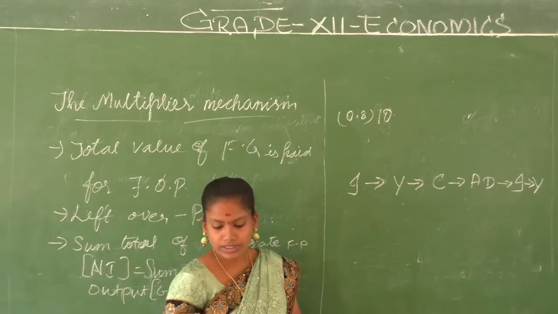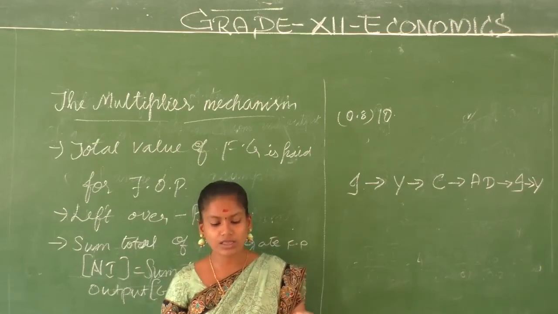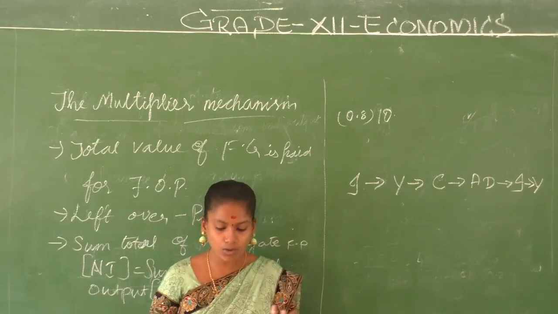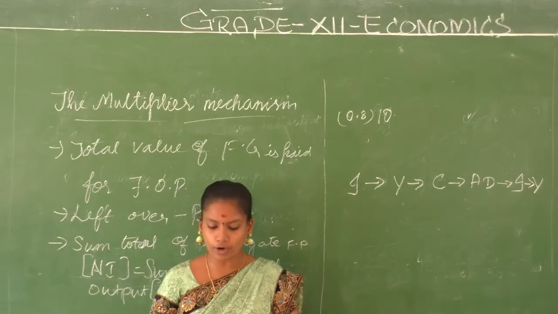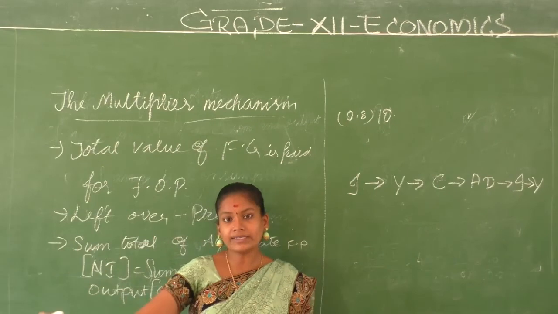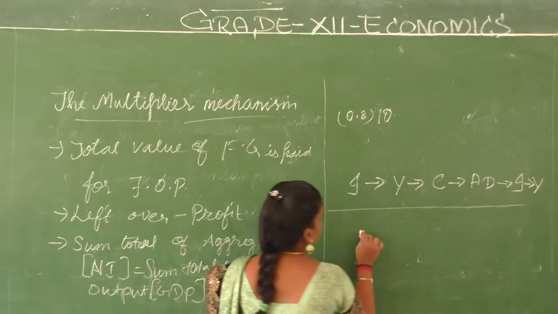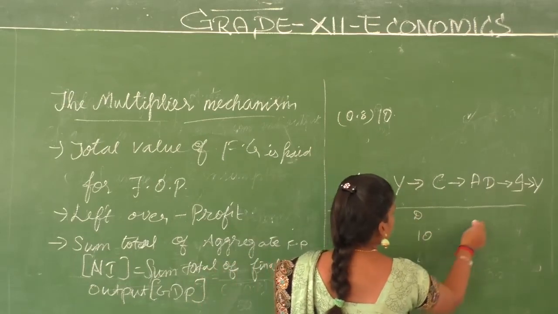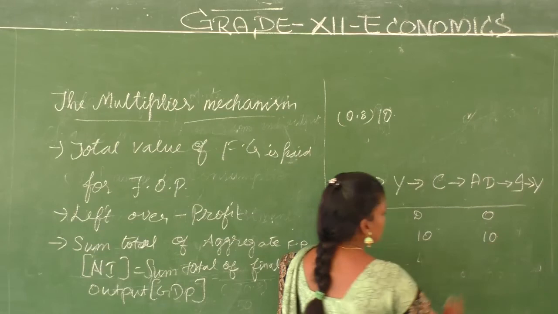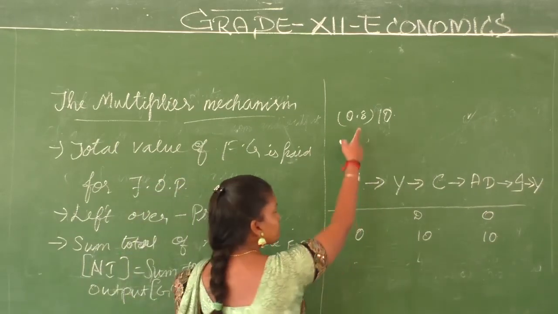Okay, that is what is given for you in a tabular column. In the first round, the consumption was kept as 0, the aggregate demand was kept as 10, which was an autonomous increment. So the need is for 10. The consumption was 0, the demand was 10, so the output also was 10. So next time what happens? The consumption also increases by what value?